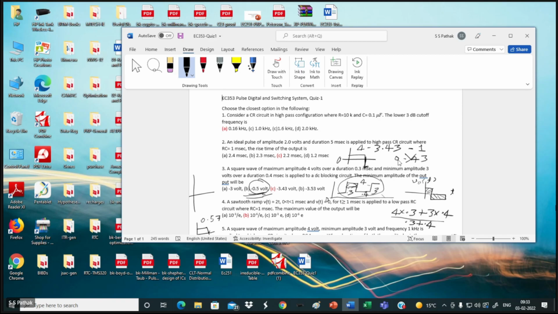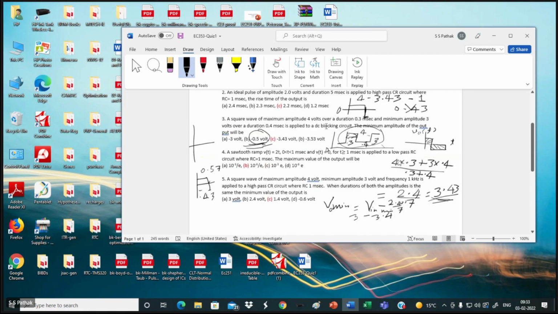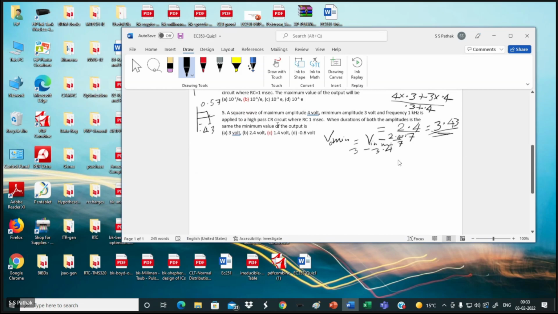Question 5 also? Doubt, similar? Yes, sir. Question 5 also similar doubt. Let me see that. Might be because I did that in hurried way, that's why. A square wave of maximum amplitude 4 volt, minimum amplitude is 3 volt there, both the places? 4 volt and 3 volt, okay, fine. Maximum amplitude 4 volt, minimum amplitude 3 volt, and frequency 1 kilohertz. Means what? The duty cycle becomes half. Okay. Understood now? So it becomes your 0.5 millisecond, 0.5 millisecond.